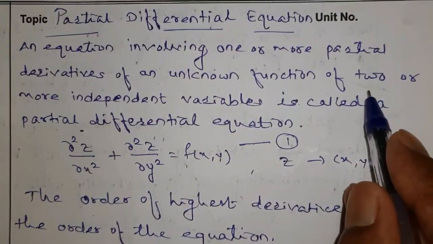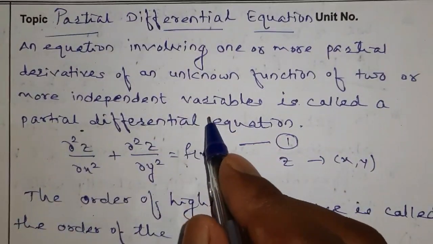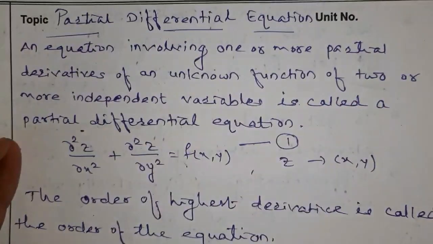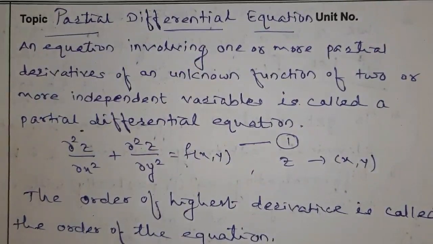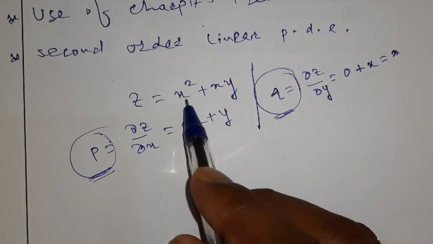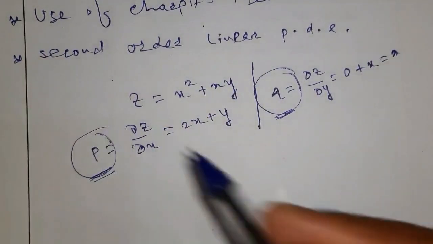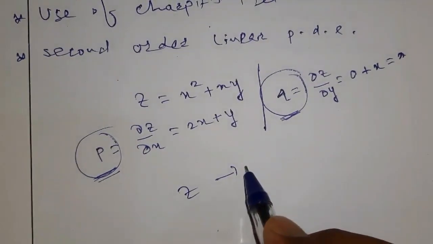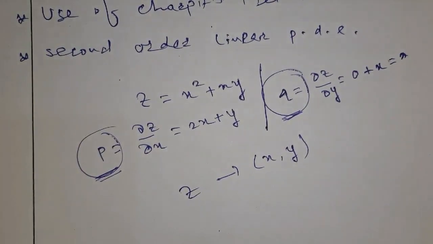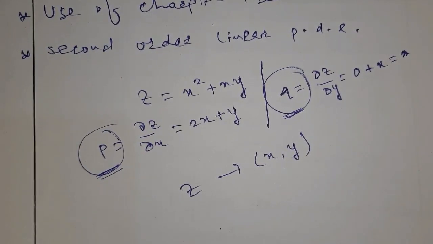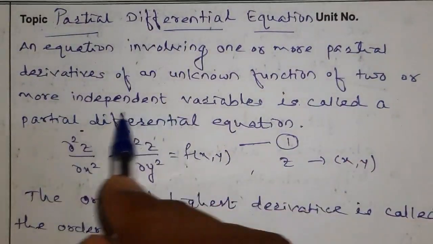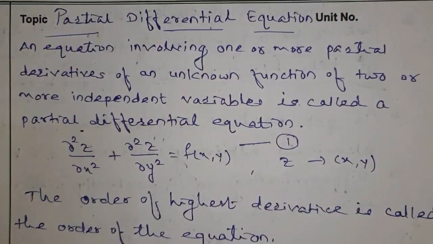Yeah, you have to understand this concept: two or more independent variables. Two or more independent variables means, if you see the previous one, z is a function of x and y. So as soon as x or y, any one changes, z changes. So z is a function of two variables x, y. Right? In the same way I can take three variables, four variables, so many variables. That's why the phrase comes, two or more independent variables, and the dependent variable is our z.